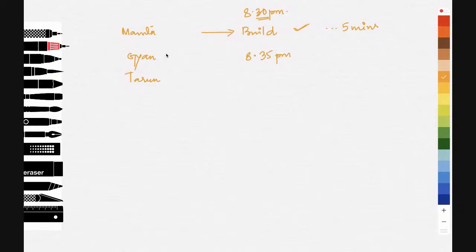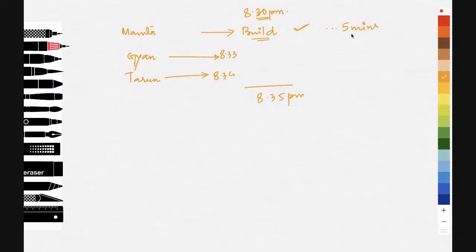Gyan has pushed in at say 8:33 and Tarun has pushed in at 8:34. So what would happen in that case? In between 8:30 and 8:35, I have several build requests.